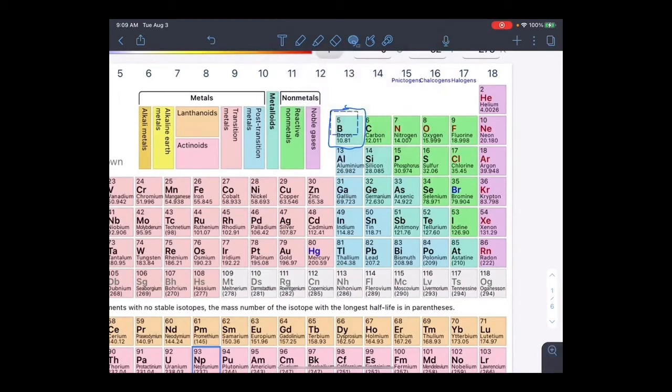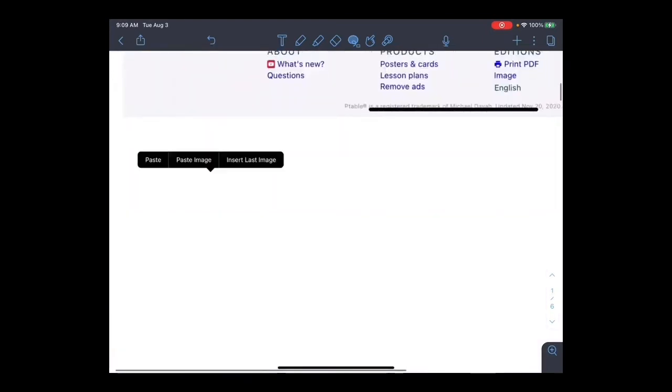In fact, let's see if I can do this on a chalkboard. If I look at boron, all right,